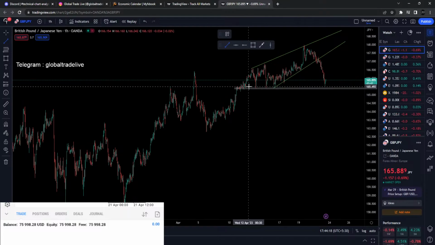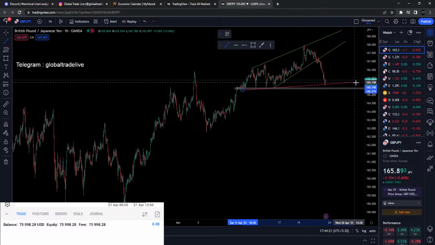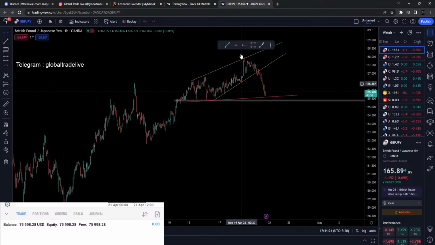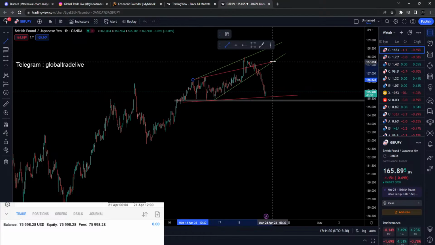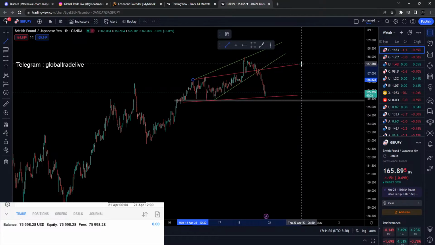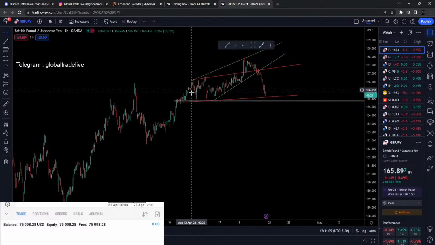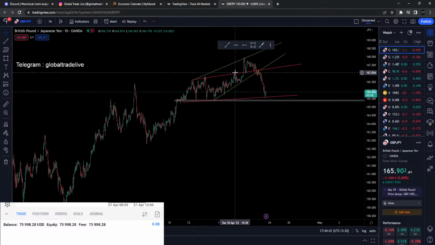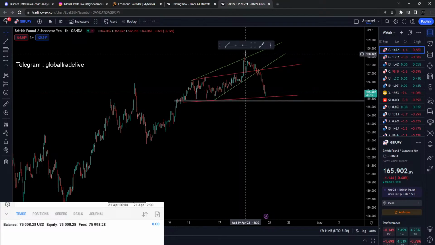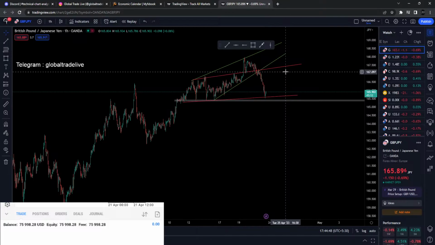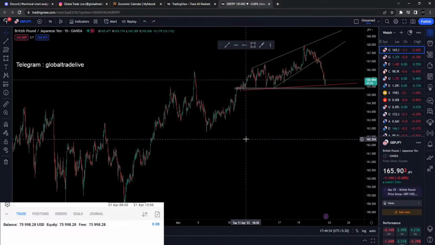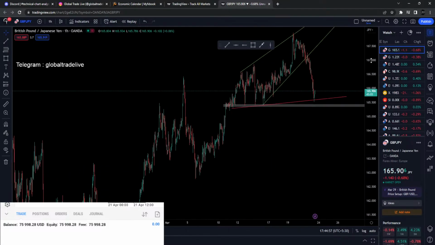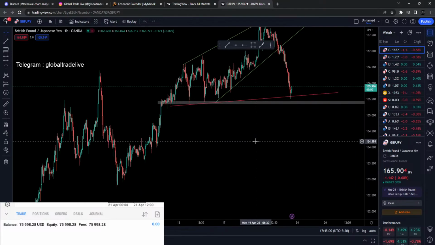Let me just draw this one over here. Okay, this makes sense. Okay, so market went up, tap over here, went up, tap over here, went up, then formed another one, tapped over there. Nah, I don't trust these. So yeah, this one is okay, but